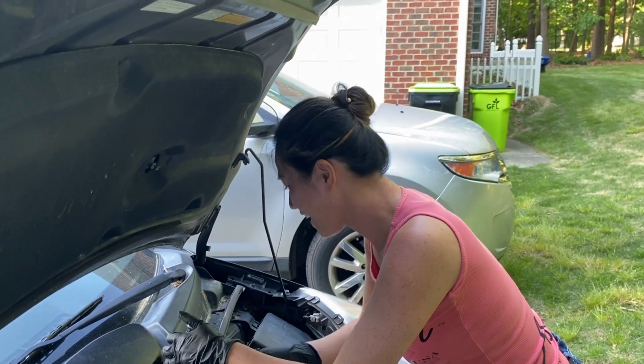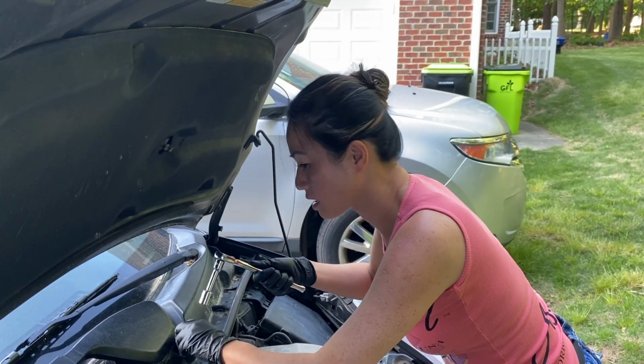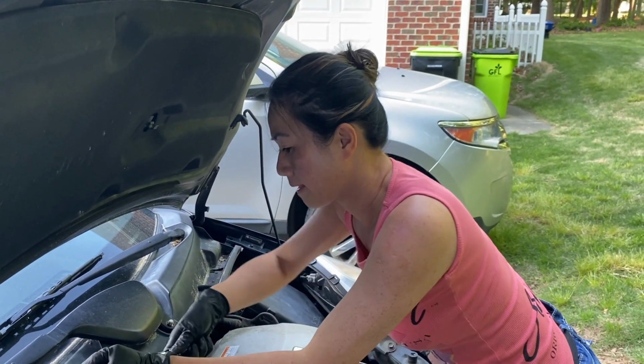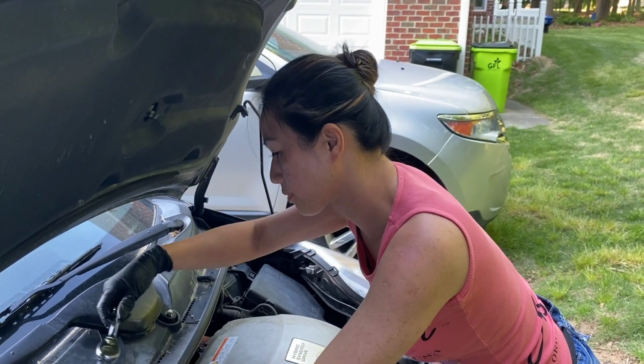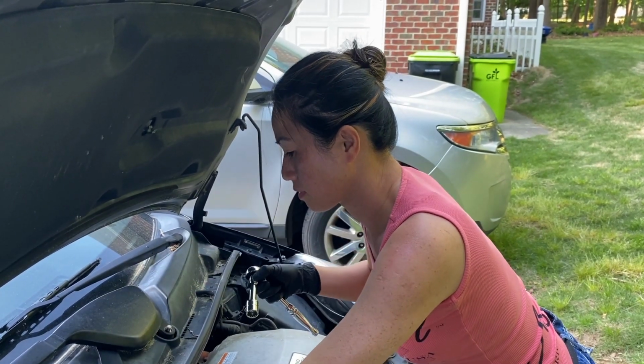Novice, if you don't know which way to loosen, or tighten, that's so fine. You're going to have to edit the video. Yes. If you really want some views, you would put on like a